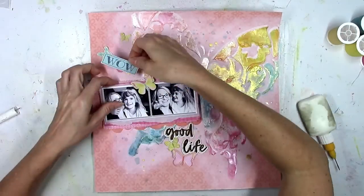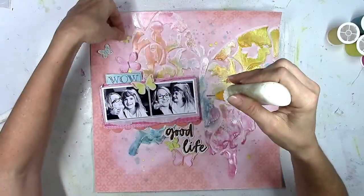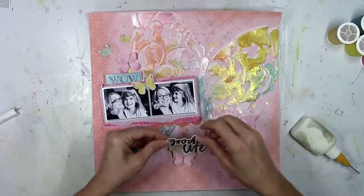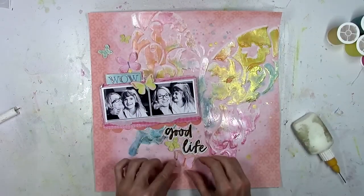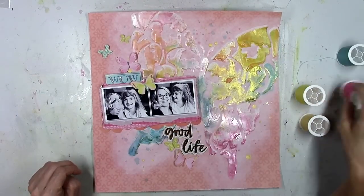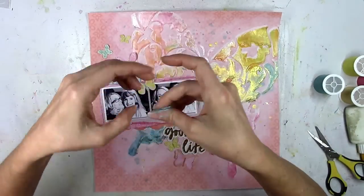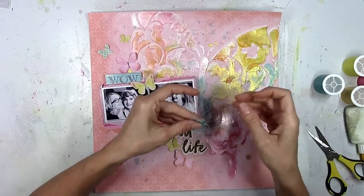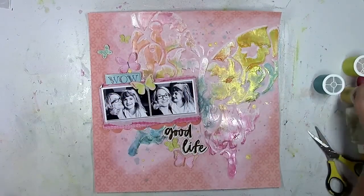So I've got my butterflies cut out, and I just want them floating and fluttering to the left of the big butterfly at the top and the bottom. And then I'm going to add that yellow one right on top of the photos. And I felt like it looked nice there because I have some open space in the photos for overlapping things like that. And I try to take that into consideration a lot of times when I'm taking my photos,